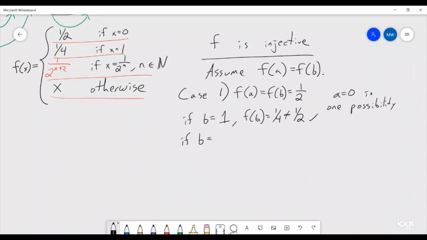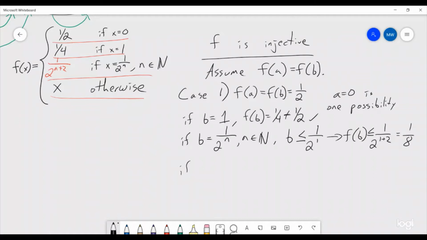If b can be written as 1 over 2 to the n, with n being a natural number, then that means that b is less than or equal to 1 over 2 to the 1. But if b can be written that way, then f of b is less than or equal to 1 over 2 to the 1 plus 2, which is 1/8. So that's not going to work. And then if b cannot be written as 1 over 2 to the n, and b is not equal to 1,